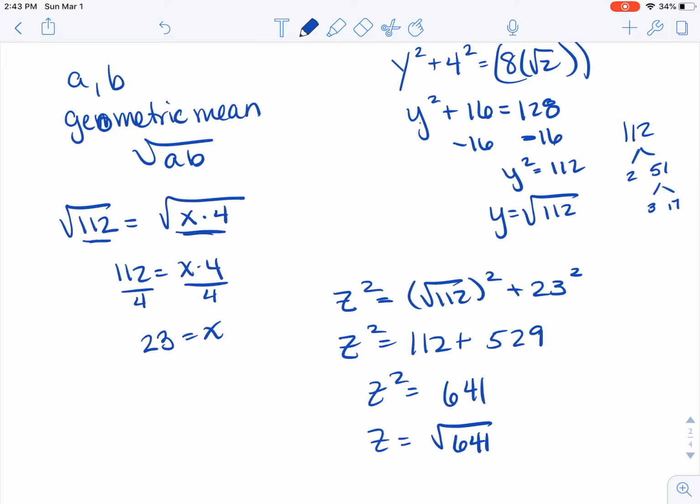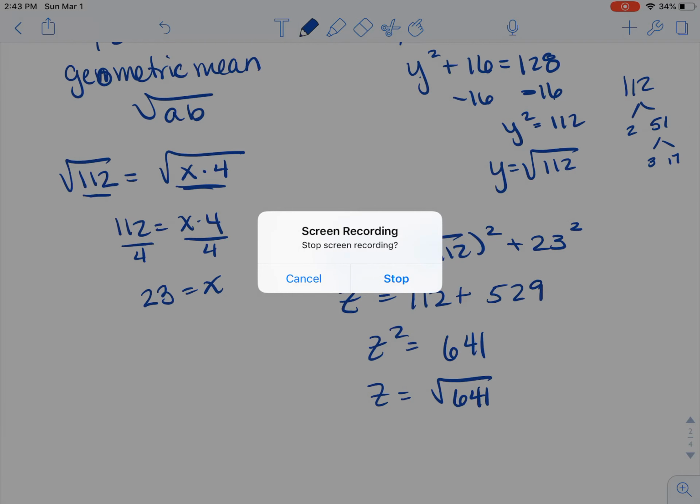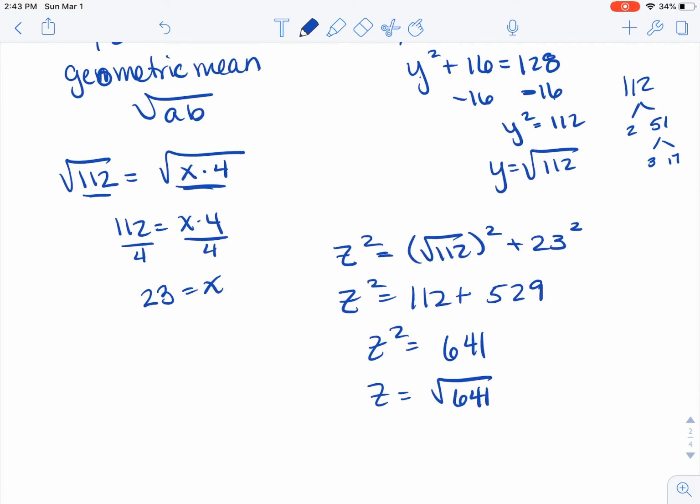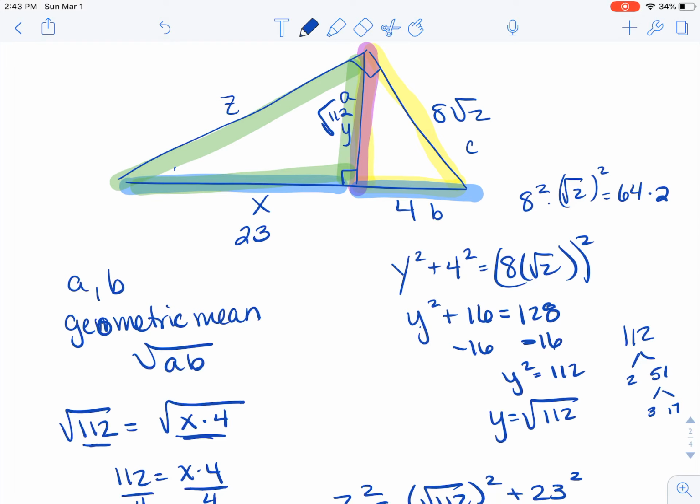And we could reduce that, which doesn't really simplify at all. So z would be the square root